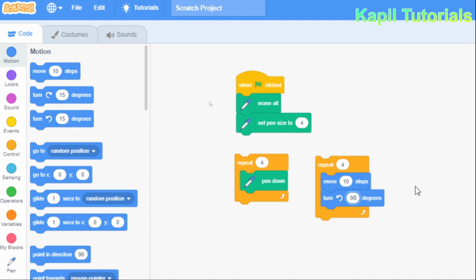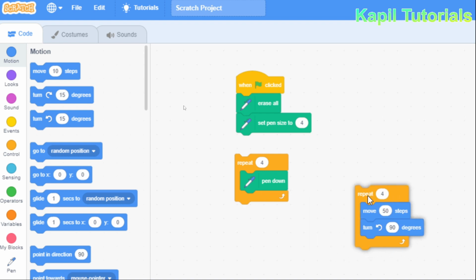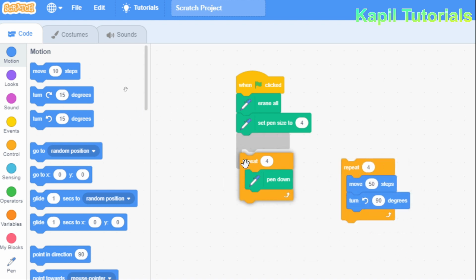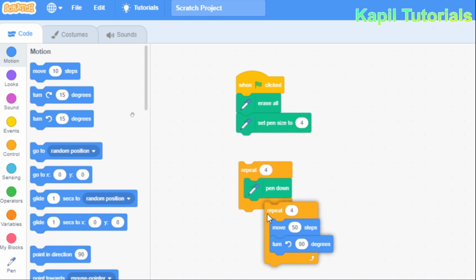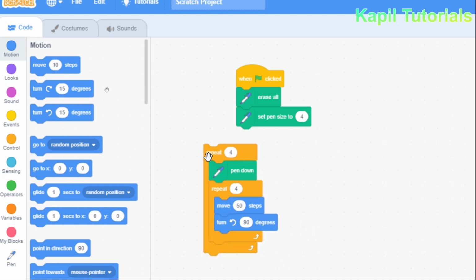Turn I want to use 90 and move I want to use 50, and then this repeat command I want to drag inside this repeat command. So this is one repeat command, and under this loop I want to add this loop. Now this means it will rotate 4 times inside this.